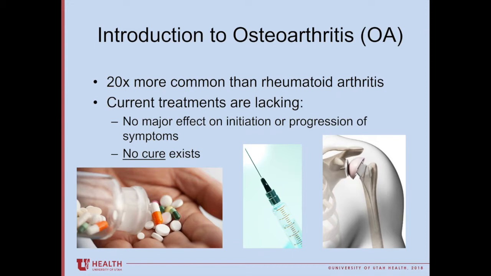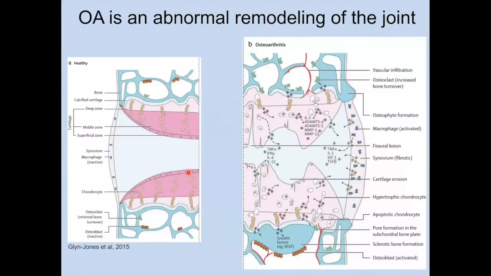We just don't have anything to treat the disease beyond things like NSAIDs to limit pain, steroid injections to reduce inflammation, and in the terminal cases, joint replacement. So we really have no therapeutic intervention to either limit the progression or inhibit the initiation of the disease. And the question is, why don't we have any sort of therapeutic intervention? I mentioned this briefly at the beginning,